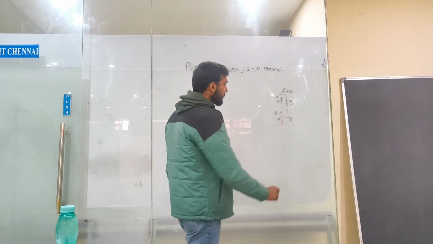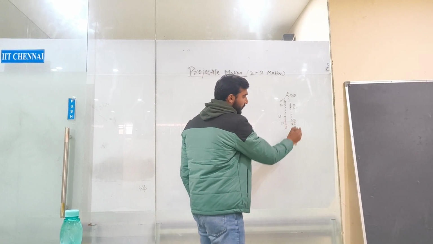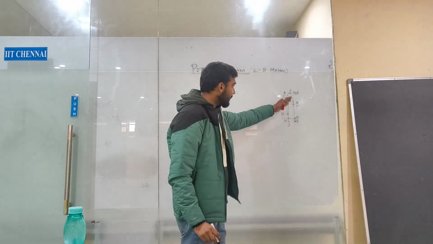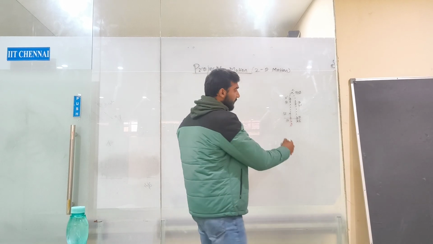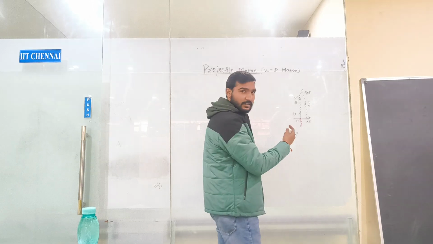It's a kind of symmetry. When it reaches the point E, it has the same velocity u. So this is a symmetry in velocity. In that way we have seen that the time taken, the time of ascent, to reach the ball from the initial position to the C position,